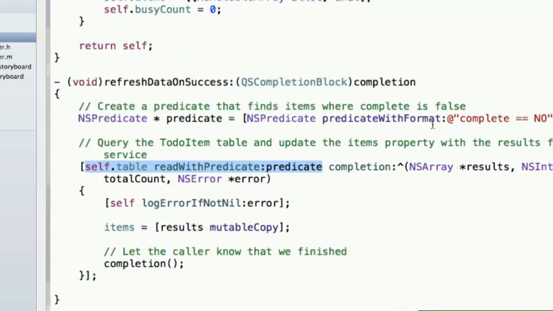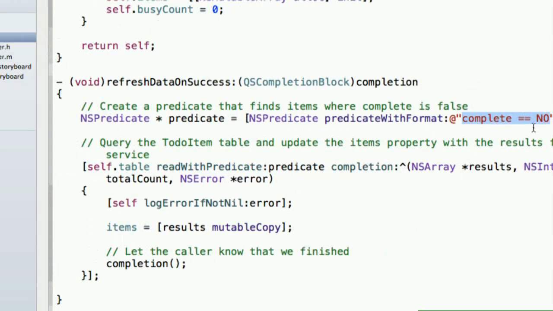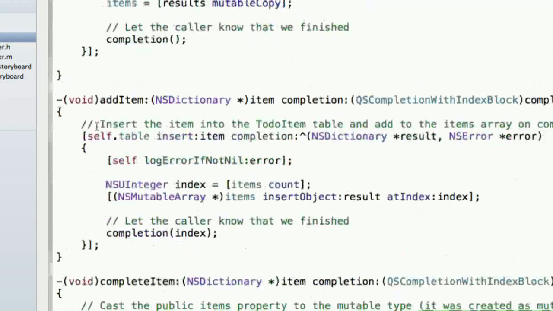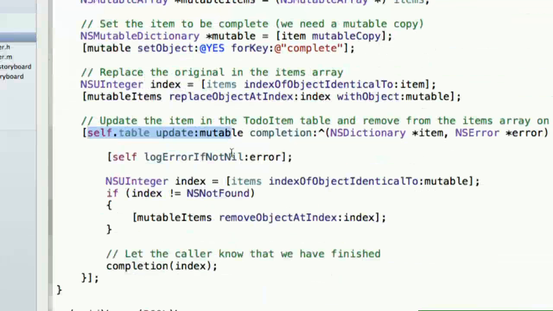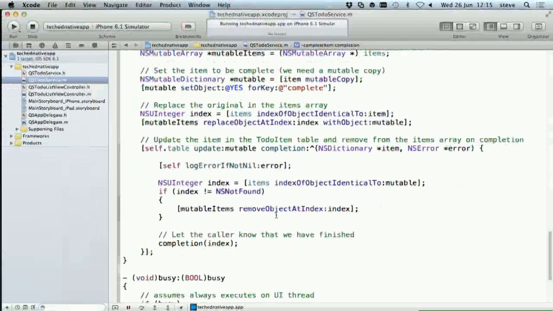And the predicate is the query, where everything complete equals no. And then also it can do things like an insert, fairly straightforward, and things like an update, pretty straightforward as well. So if you know Objective-C, you will hopefully not be scared by this code too much. If you don't know it, I appreciate it looks very alien, but don't worry. Hopefully you can still follow this talk even without that. Just accept that it's reasonably straightforward to do that.